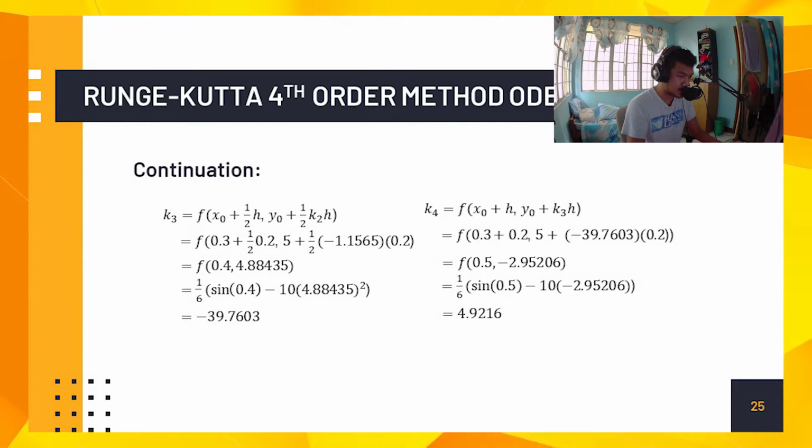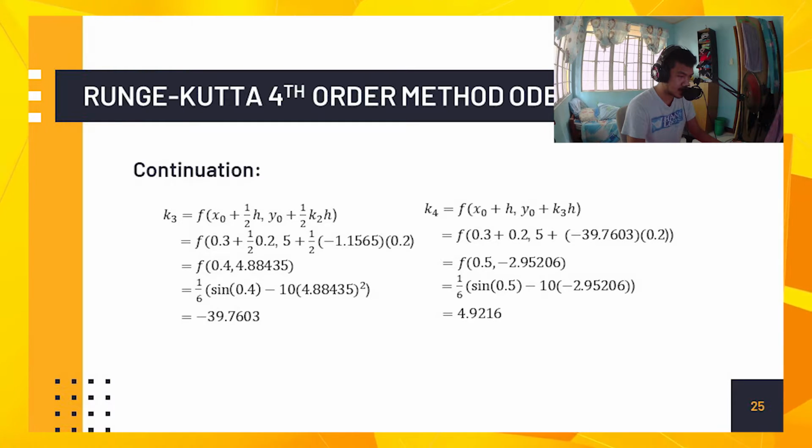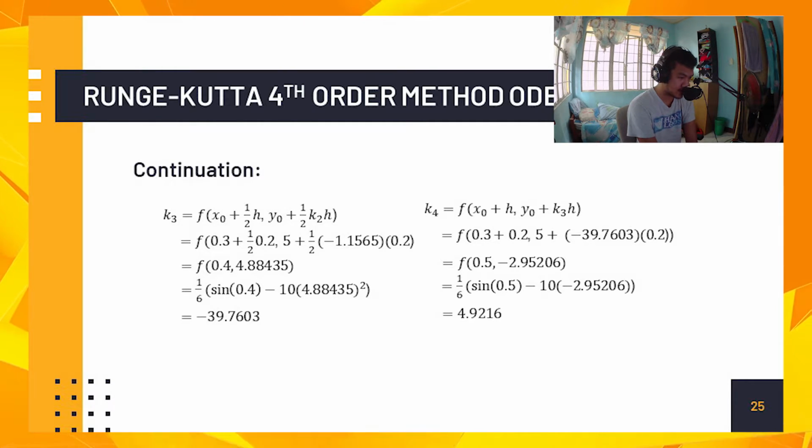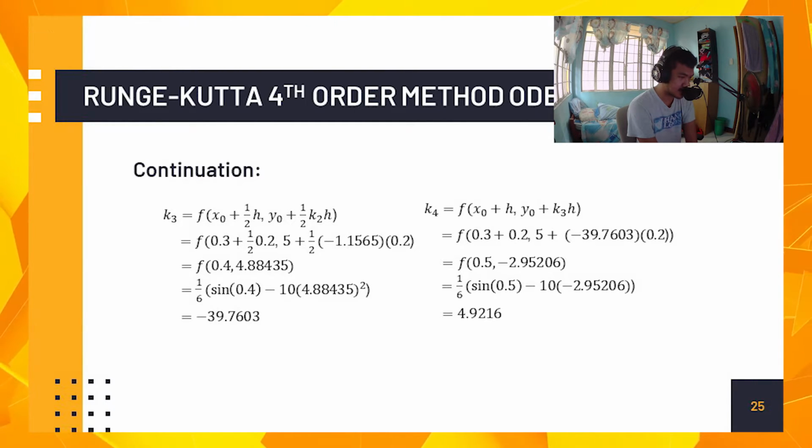Simplifying it, we will have f of 0.4 comma 4.88435, and substituting it again, we have the equation 1 over 6 times the quantity of sine 0.4 minus 10 times 4.88435 squared. That will give an answer of negative